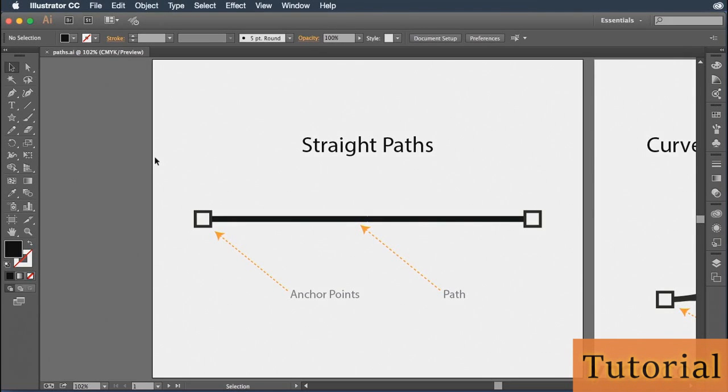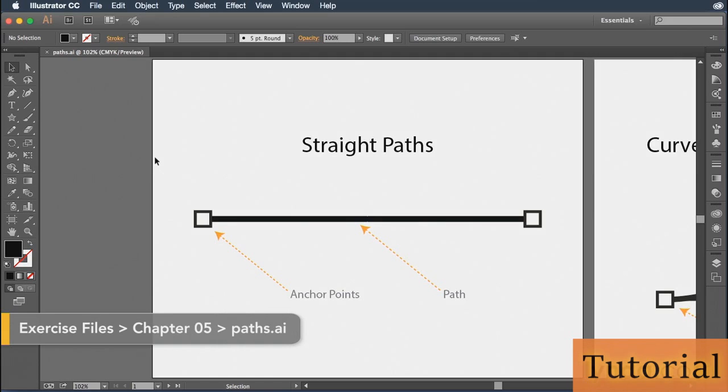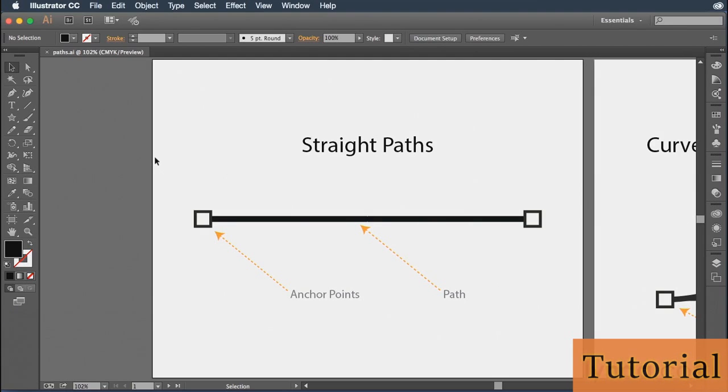Throughout this course, you're going to hear me use a term a lot, and that term is paths or vector paths. And so in this movie, what I want to do is take a moment to discuss with you exactly what a vector path is and how it makes up the artwork that you see here inside of Illustrator. So there are three basic types of paths that we'll be discussing in this movie: straight paths, curved paths, and